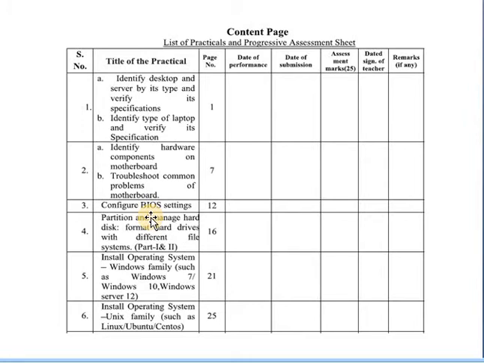Next, partition and manage hard disk. In that, format the hard disk drive with a different file system. Here in this experiment we partition our disk drive with the file system. Disk formatting is the process of preparing data storage devices such as a hard disk drive, solid state drive, floppy disk drive or a USB flash drive for initial use. In some cases the formatting operation may also create one or more new file systems.